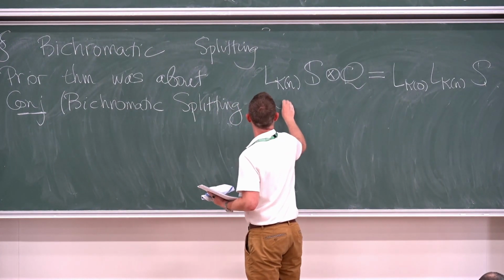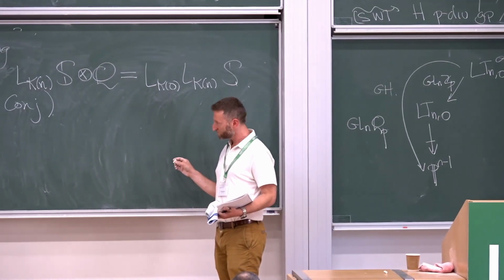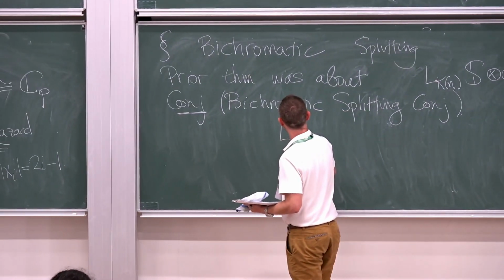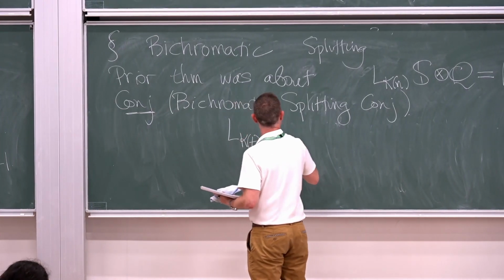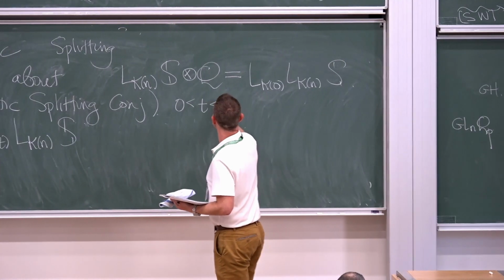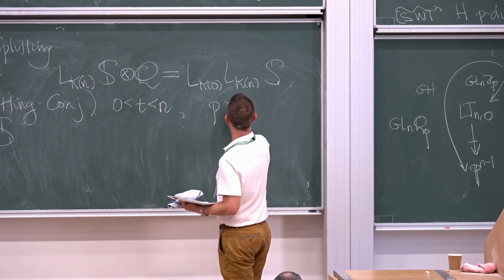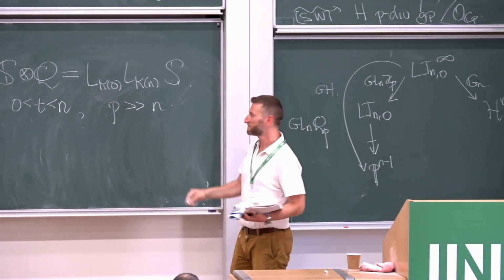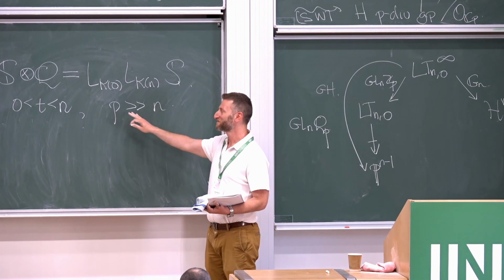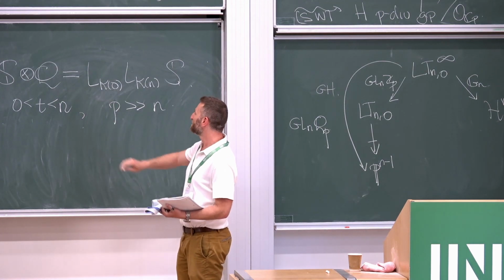And it follows very quickly from a strong version of Hopkins' splitting conjecture. But it just has to do with what you expect this kind of double localization to be. So I'm going to assume that t is strictly between 0 and n, and I'm also going to assume that p is pretty large relative to n, which is maybe kind of disappointing for topologists because they're very interested in how small primes like 2 behave. But first, let's do the generic case, the case that resembles geometry a little bit, where you can do more algebraic stuff.